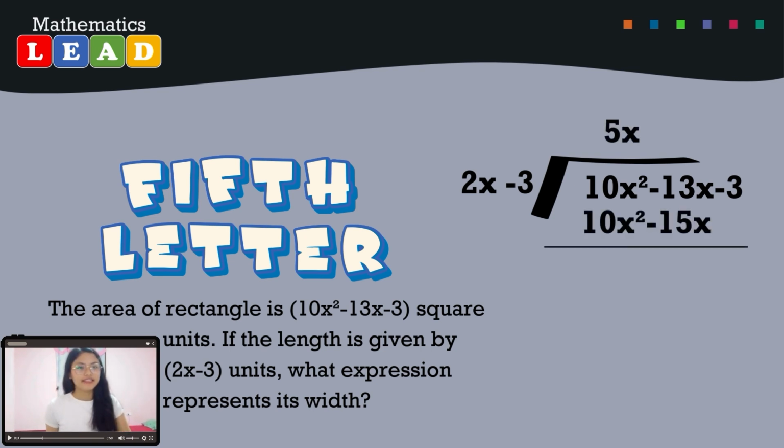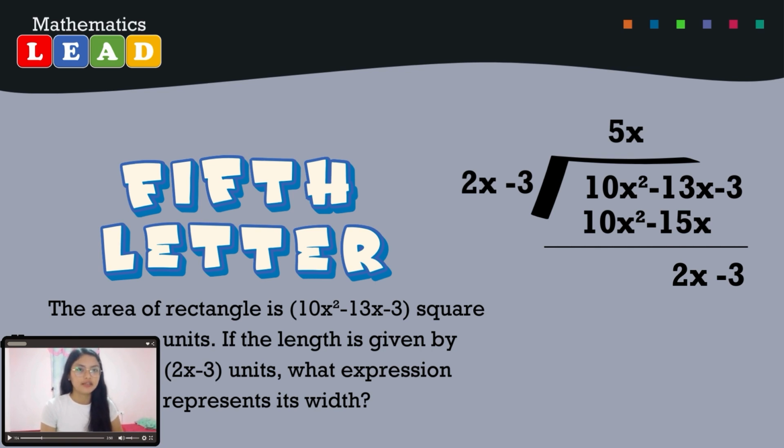We'll now be dividing 10x squared by 2x, which will result to 5x, and we will be multiplying 2x minus 3 by 5x, which will be equal to 10x squared minus 15x. We will now be subtracting 10x squared minus 15x from 10x squared minus 13x minus 3, which will result to